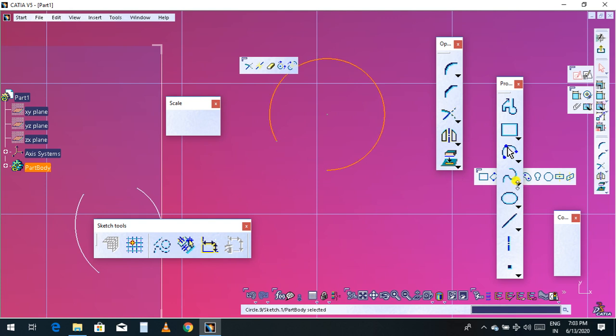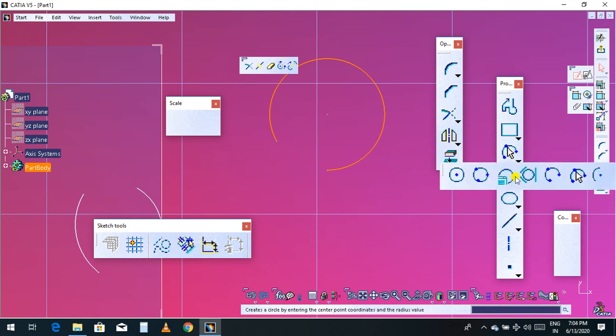Then if you want to make a complete circle, you can go to the 3-point arc.